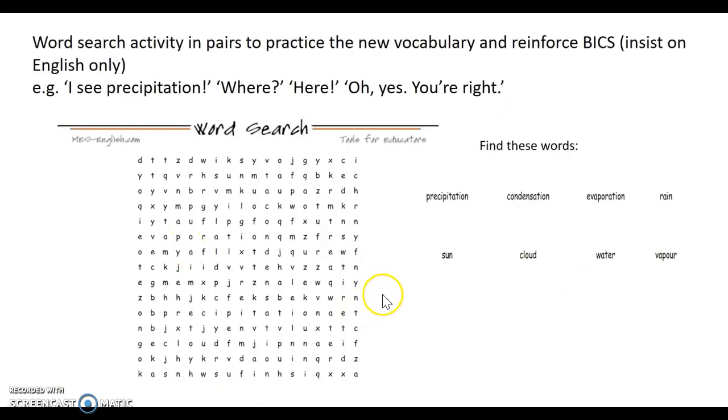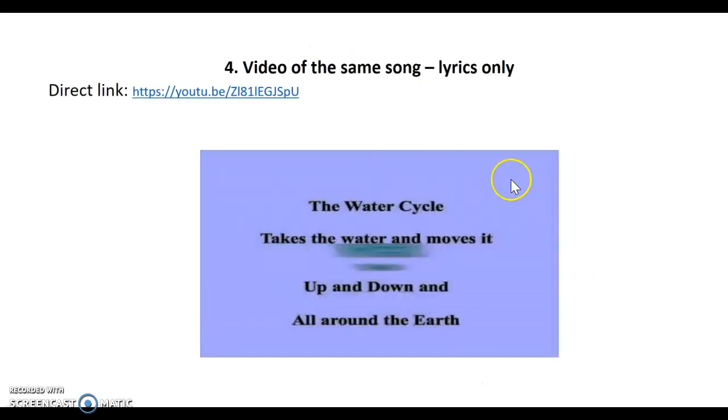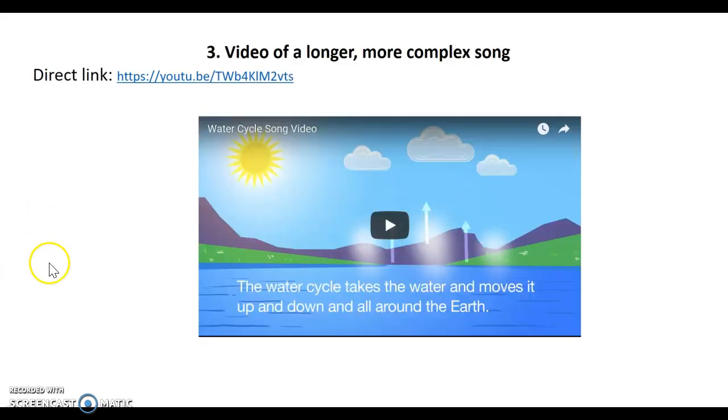At this point, I would propose a word search activity, which I did on Tools for Educators that we used last week as well. So this is what I generated here. There are the answers. And then I would pass on to, sorry, I skipped one here, to a more complex song. It's more complete, and of course it's talking more about the water cycle, but at this point they should be ready for it. And so I will let you just listen to the beginning of this.